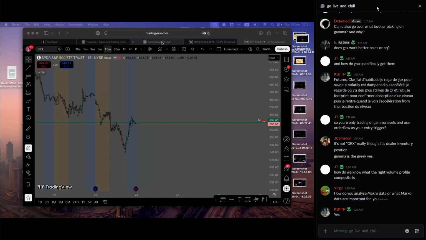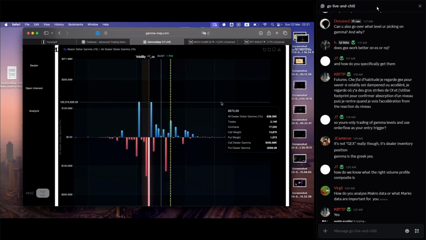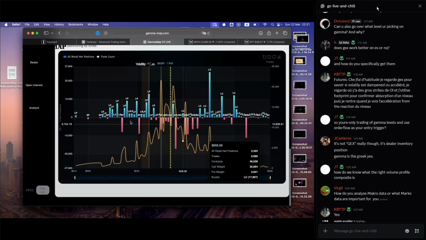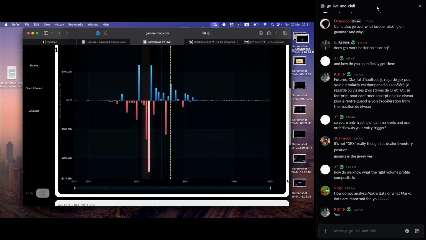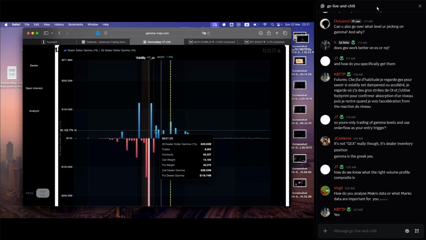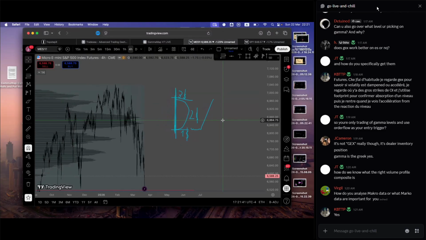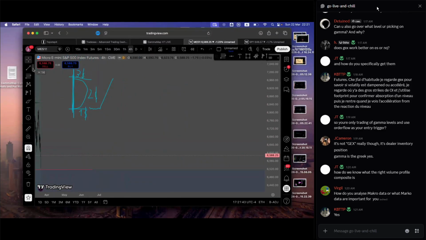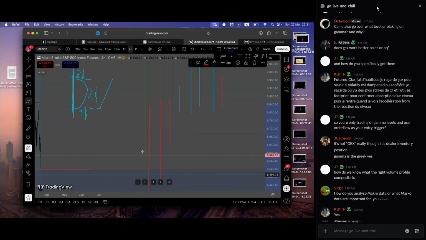Okay. So when we look here, it's not like the usual Gex you're used to. This is dealer inventory versus retail inventory. What we want to see is, when it's positive, your bias would be towards the positive. I'll show you. For example, let me draw it out. If we have positive above us and negative below us, this would be a bullish pattern.